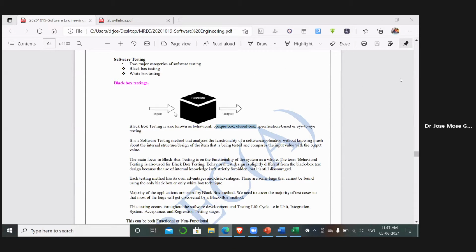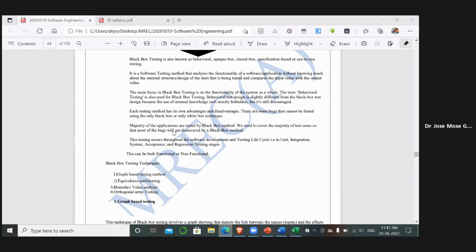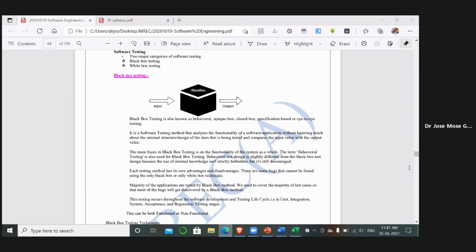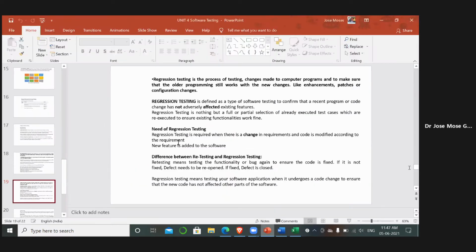So when it comes to the user perspective, which box does it come under? Black or white? User perspective, I am a user. So it comes under which type of testing? Black box. Yes, you are right. Because the user doesn't know what the logic is, what the program is, whatever it is there, he doesn't know. So that comes under black box testing. This is one of the examples. Yesterday also we have seen it.